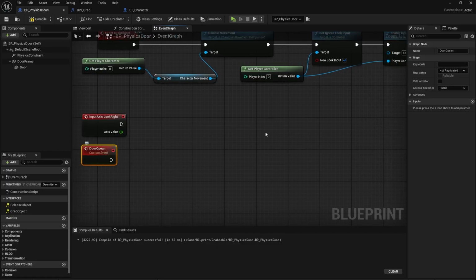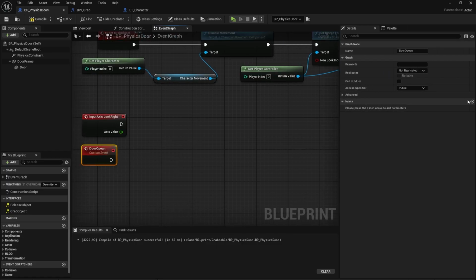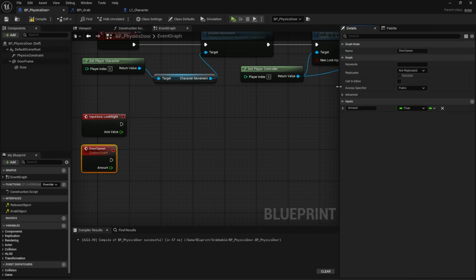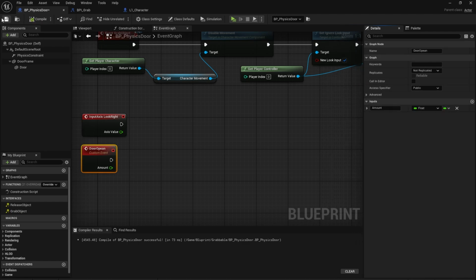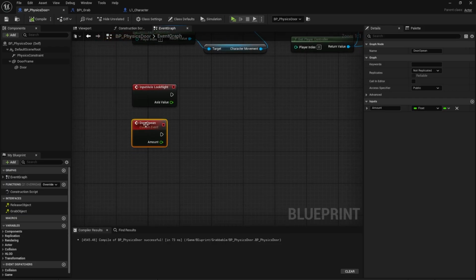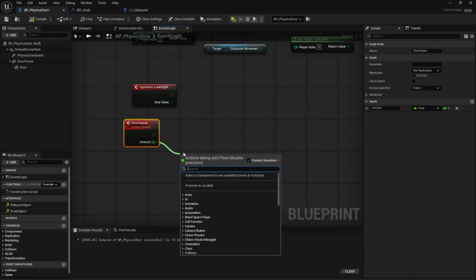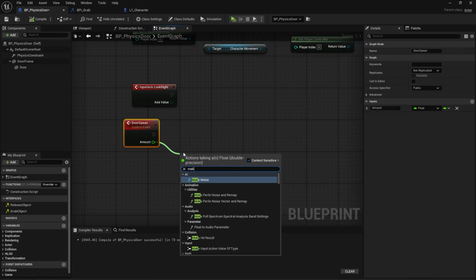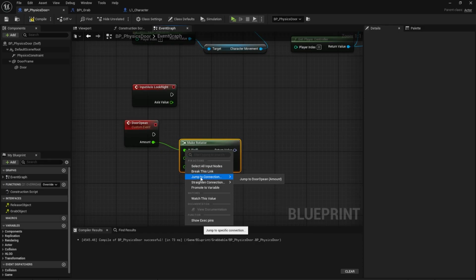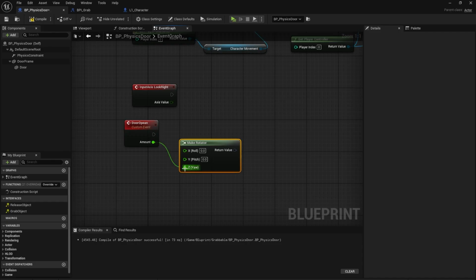And click door open and go to details. Under input, add new input called amount, and set variable type, input type to float, and compile, save. Come back to graph and this our custom event, track amount, and search make rotator and get it, and break this link and connect it to Z here,